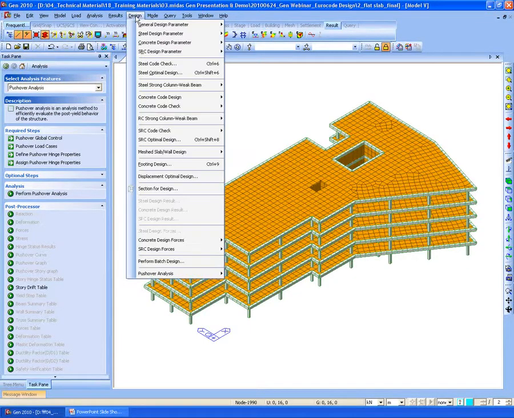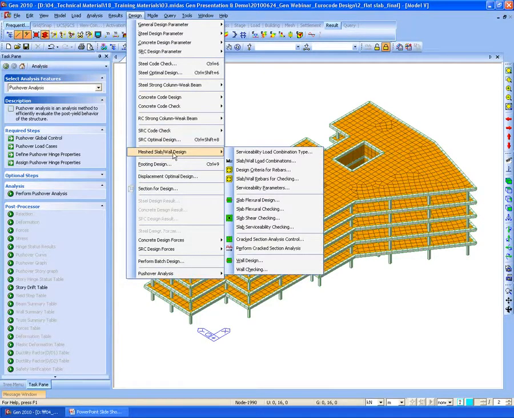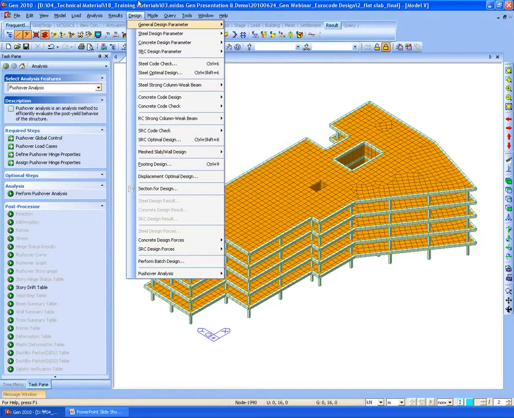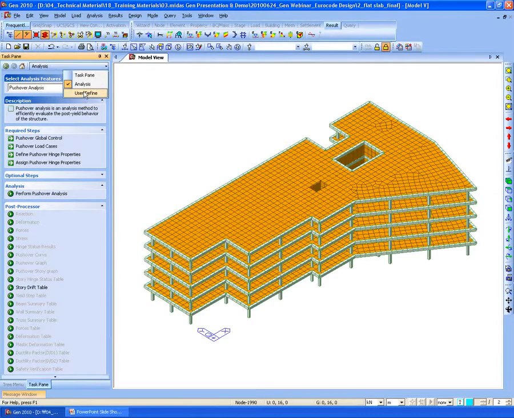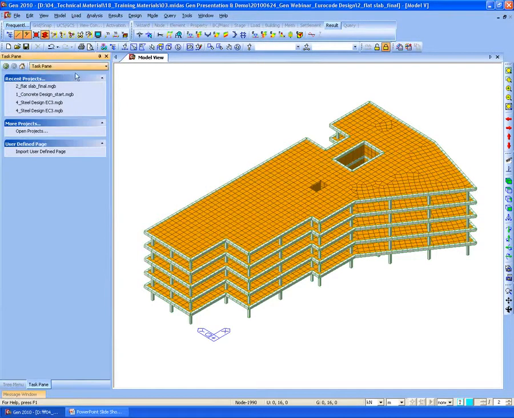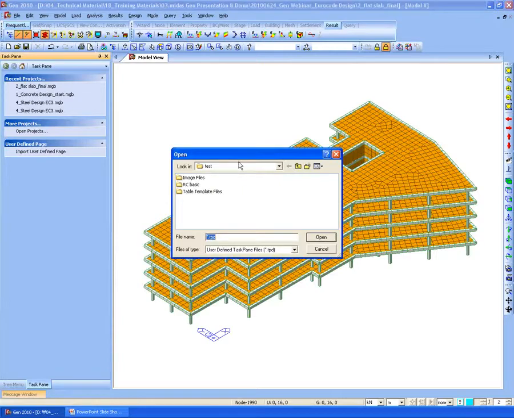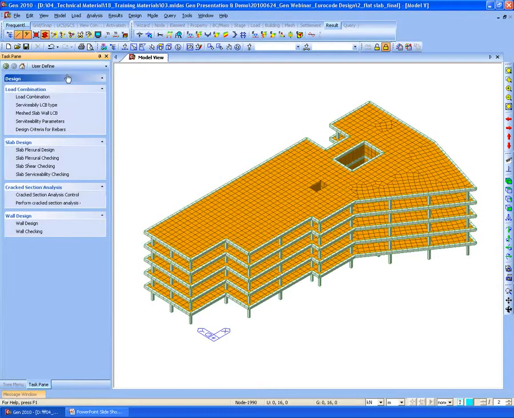Also, for the meshed slab and wall design, instead of using these menus, I would like to show you how to use the task pane. If we go to the task pane, you can see Import to User Defined page. I made one task pane previously. By opening it, you can see our own data has been entered.